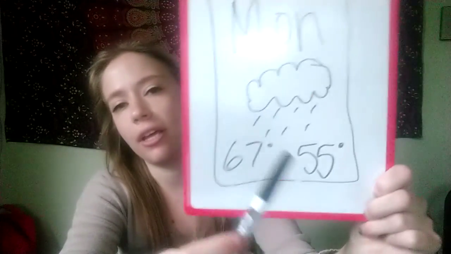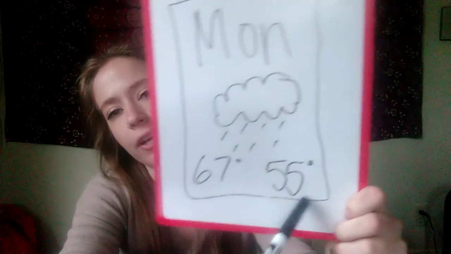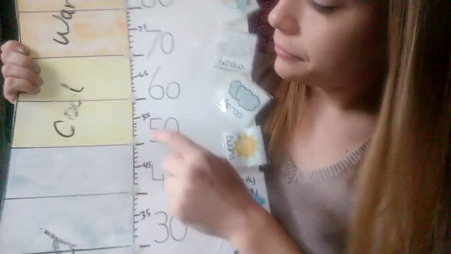So it will be cool today, which will be a nice change up from the 90-something degree weather that we have been having. Okay, so since 67 degrees is our highest expected temperature today, that means 55 degrees is our lowest expected temperature today. So let's see where that falls on here. We should be able to find it right away because it's marked for us. So right in between 50 and 60, 55.